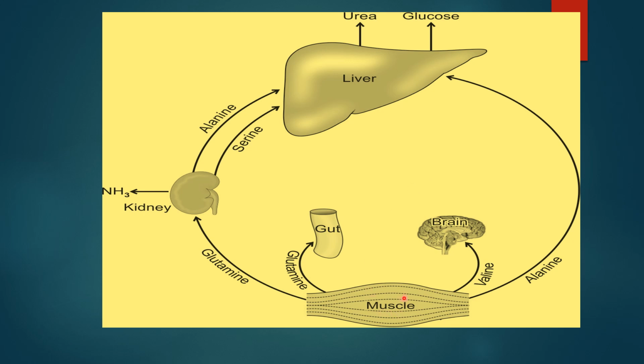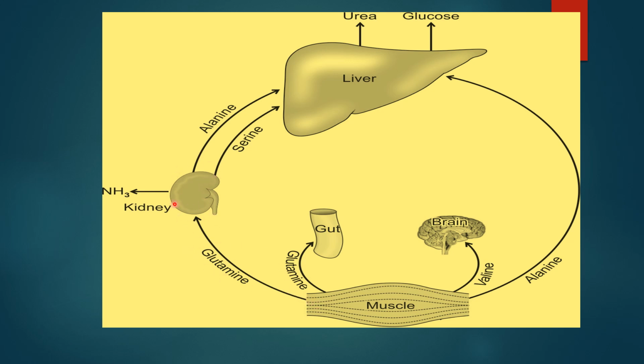The pyruvate can also be generated from branched-chain amino acids by a transamination reaction. So branched-chain amino acids react with alpha-ketoglutarate and generate glutamate and the corresponding keto acids, and glutamate can again react with pyruvate to generate alpha-ketoglutarate and alanine, with ammonia released. So there are various ways pyruvate can be generated here, and this pyruvate ultimately converts into alanine, a non-essential amino acid. Similarly, glutamine is maximally taken up by the kidneys.